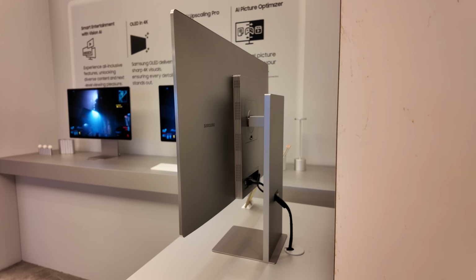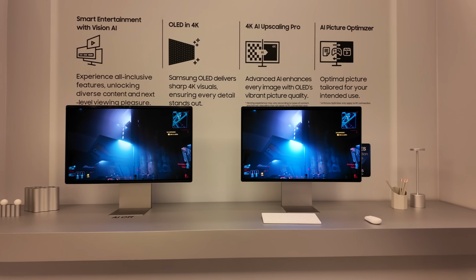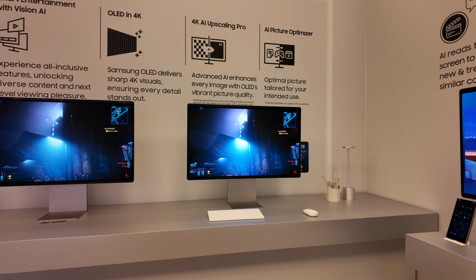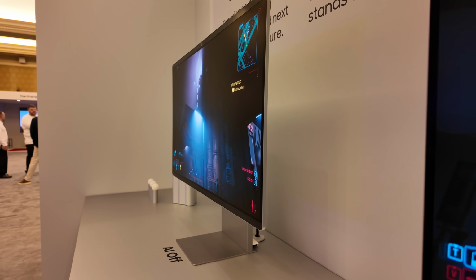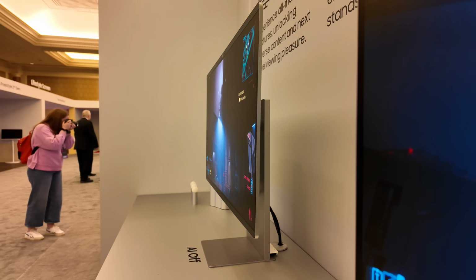It's 32 inches at 4K, and oh, by the way, it's an OLED display, so it's a great productivity monitor, and then you got these smart features for watching all of your content within the apps. And again, this industrial design is very Apple-esque, very studio display, and I definitely plan on checking this out further,